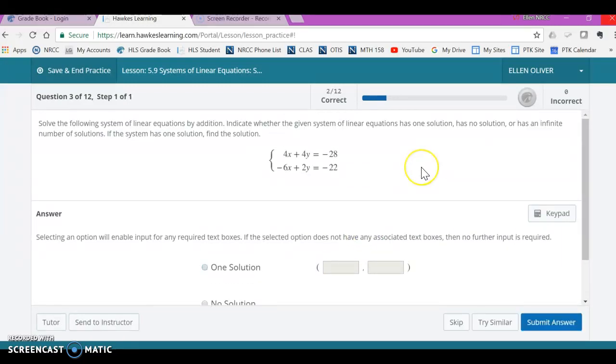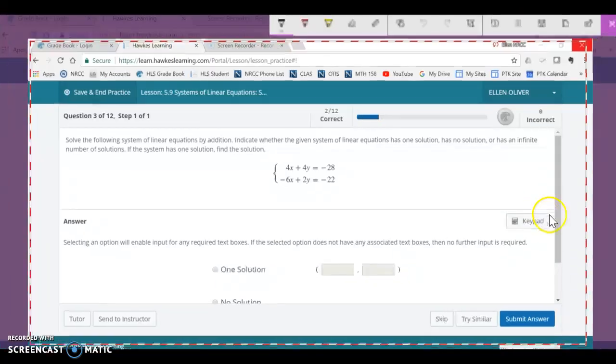Hopefully this one will actually be different. Let's just try it and see. All right, what I noticed right away here is if you look at the y's, if I left that top equation alone and just multiplied that bottom equation by negative 2, then my y's would cancel out. So that's what I'm going to do. This guy times negative 2. So my top guy stays the same, so I'm going to rewrite him. But my bottom guy I'm doing times negative 2, so that becomes positive 12x minus 4y,